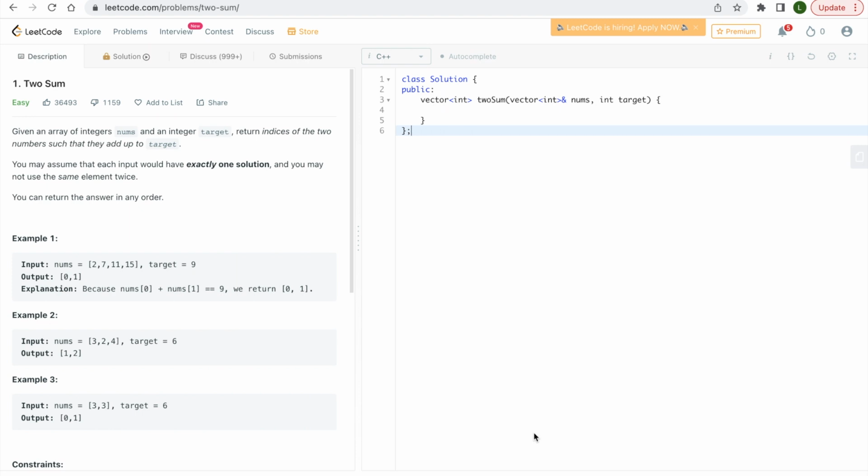So the input is 2, 7, 11, 15 and the target is 9, and the output that we have to achieve is 0, 1. Okay, and it is also mentioned that you can return the answer in any order, and we can assume that each input would have exactly one solution and you may not use the element twice. Okay,